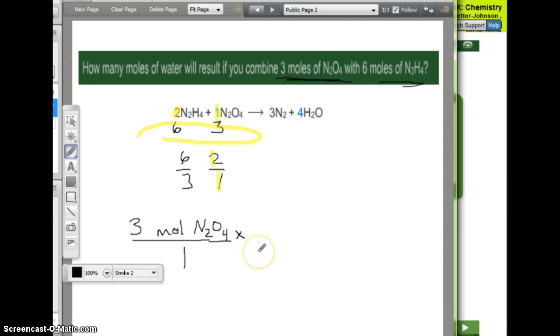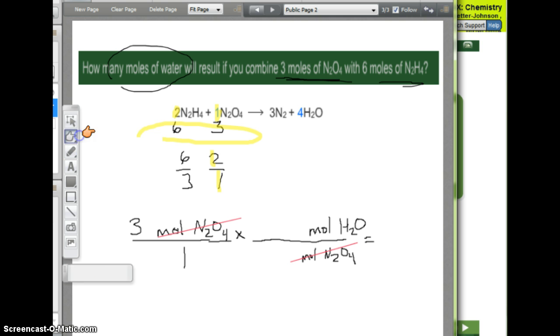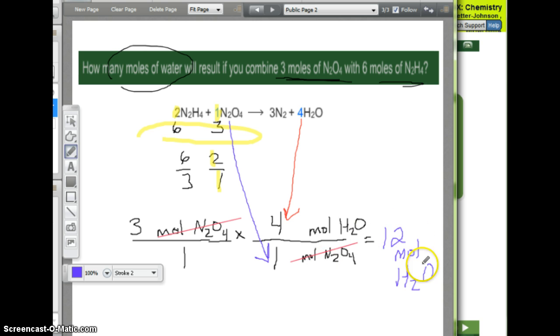So like all our problems, I start with what we know. You can pick either one, it doesn't matter. So 3 moles of N2O4. What has to go on the bottom of my next fraction? It has to be moles, but specifically moles of N2O4, because that whole thing has to cancel. And what am I converting to? I'm converting to moles of water. So look at my original equation. I have 2 moles, 1 mole, 3, 4. Use the correct one. I'm looking for moles N2O4, which is 1, and water, which is 4. Put it in my calculator and I get an answer of 12 moles of water. Hit pause, look it over, make sure it